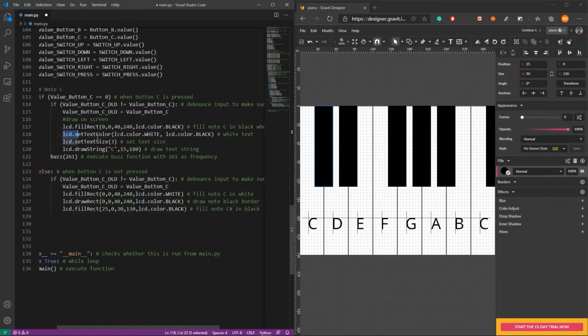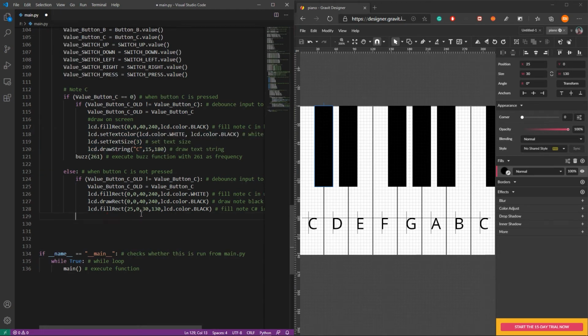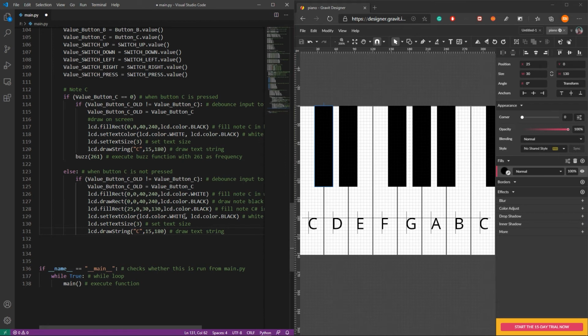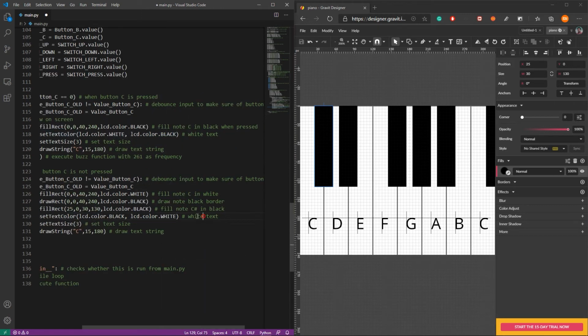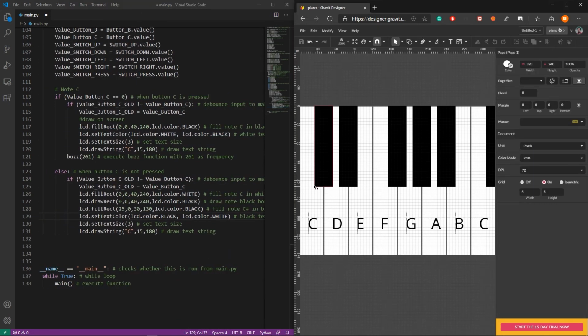Finally, let's copy this, the text drawing part, and paste it here, and we will change this from white to black, because when the button is not pressed, it should be a black color text.